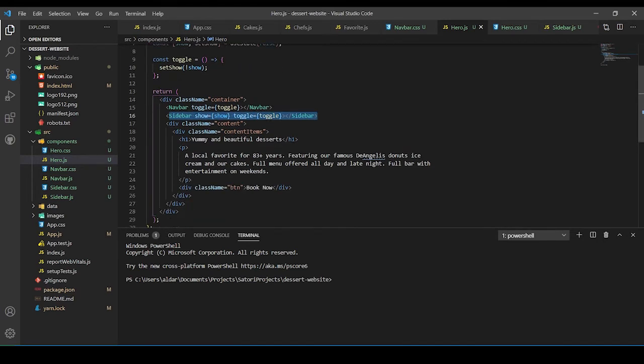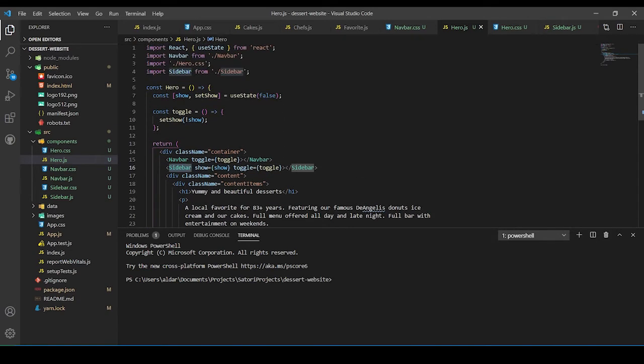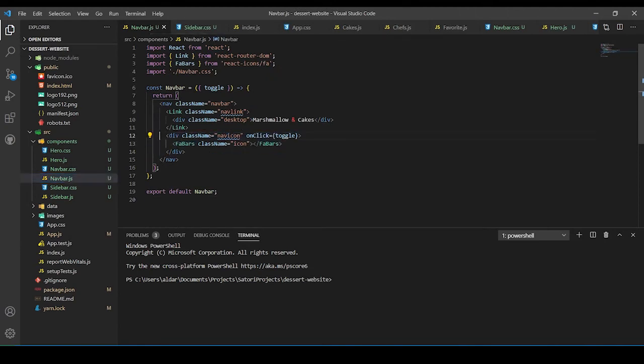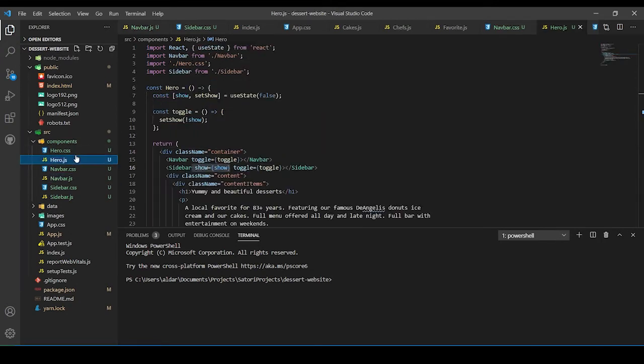So in our hero.js we have a navbar and we have a sidebar. We have a useState hook for show and set show. We're passing this to sidebar, so the sidebar will know whenever it has to show and whenever it cannot show, and then it's going to be toggled from the navbar, because navbar has this icon. So when this icon is clicked, this is going to toggle. We pass this as a function with a props function into navbar from hero. It's going to toggle and set show, and then because it's going to set show, the show comes here, and